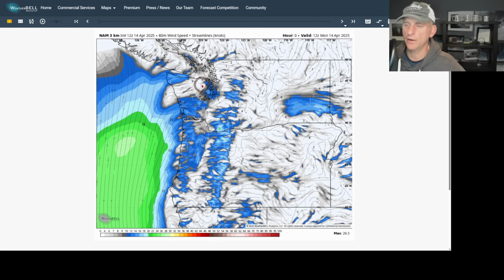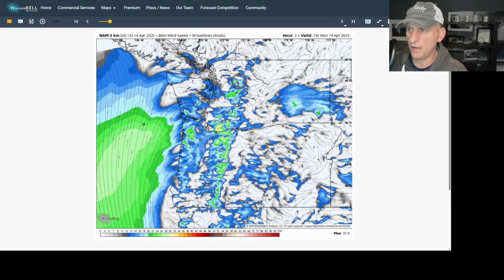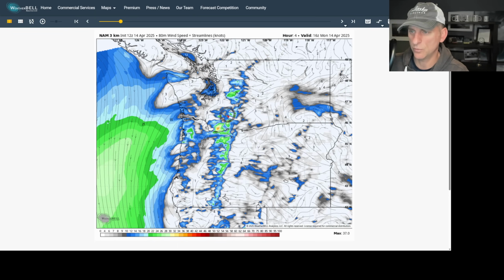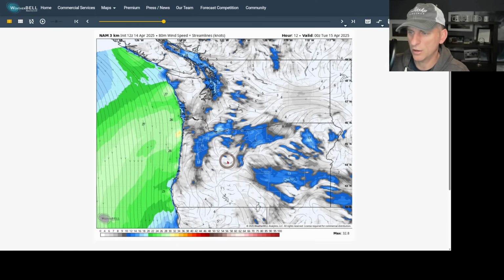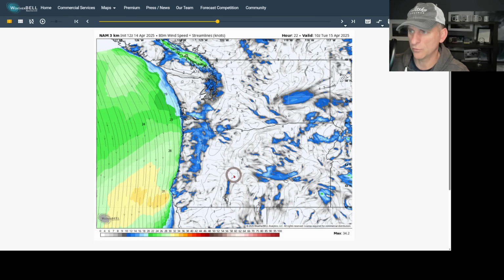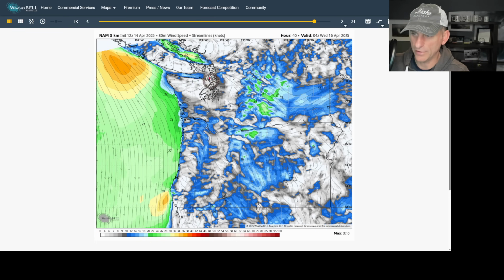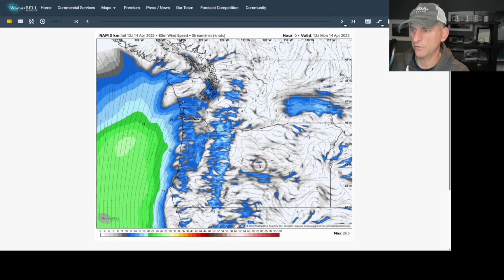So if we take a look here at 80-meter wind speeds, we've got the offshore flow going as we go through this morning. It's about 8 o'clock. You can see still got some gusty easterly winds across the Cascades. You can see the east wind coming across the Columbia Basin out there, eastern Oregon, flowing all the way off towards the coastline there as well with the offshore flow. But we are going to kind of switch the direction there as we go on in towards tomorrow morning. You see the westerlies start to return